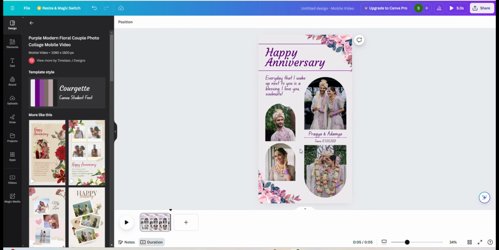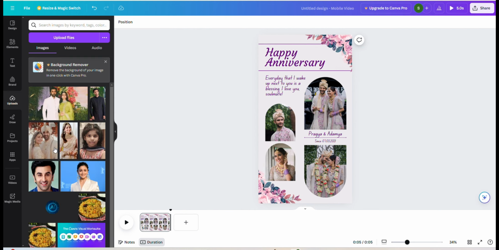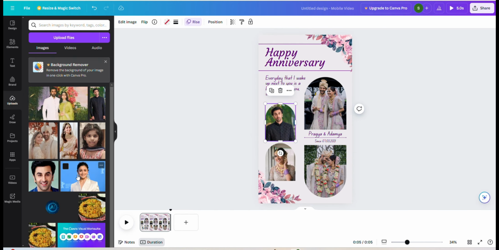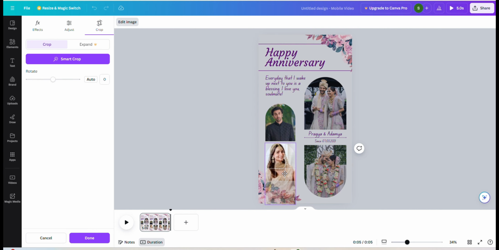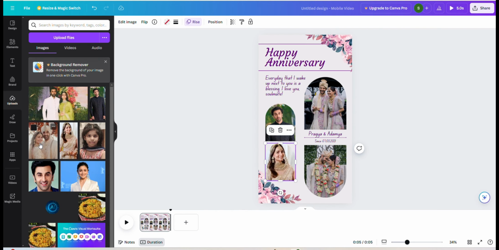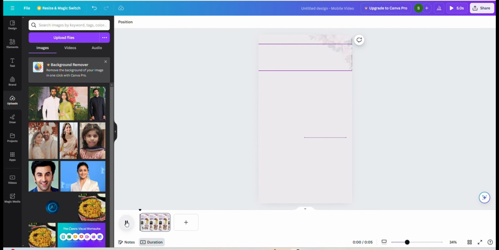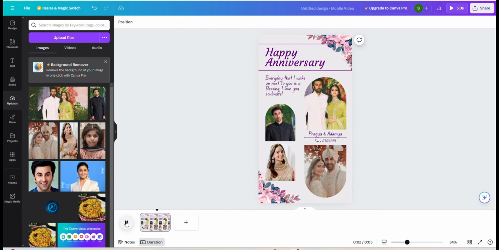And here you can replace these pictures with your pics. For example, here I'm doing how it will be like. Yeah, see, I'm replacing. So like this, a beautiful 5 seconds animation video you can also design by using this application. See, and just play it, the 5 seconds animation video is ready. And now you can download and share it with your friends or anyone, whatever.